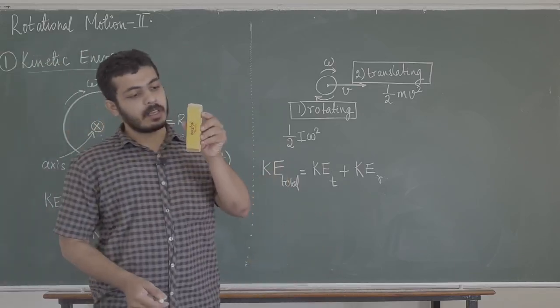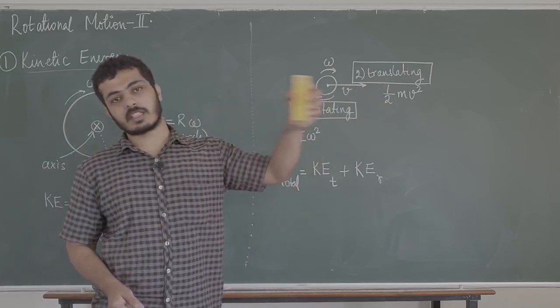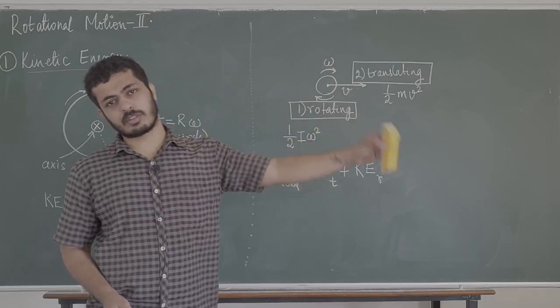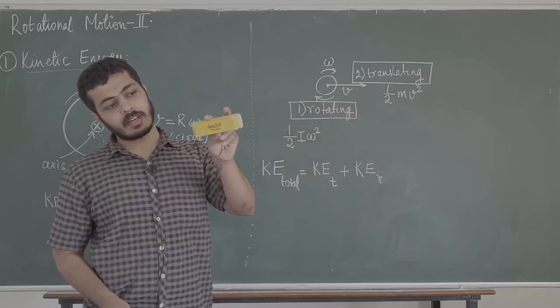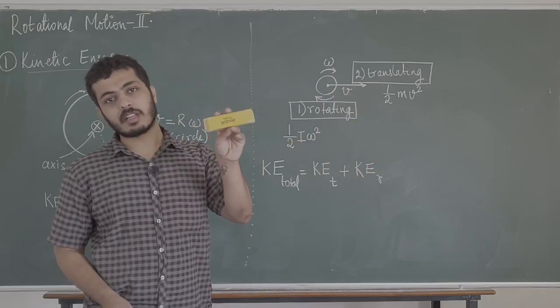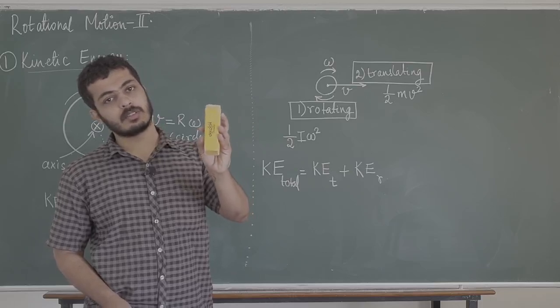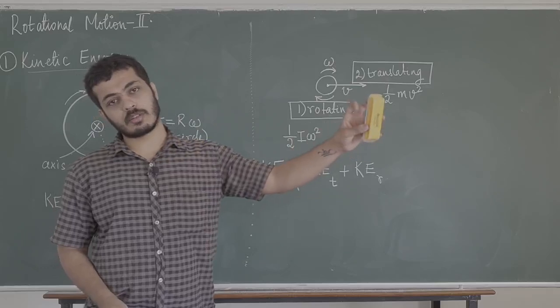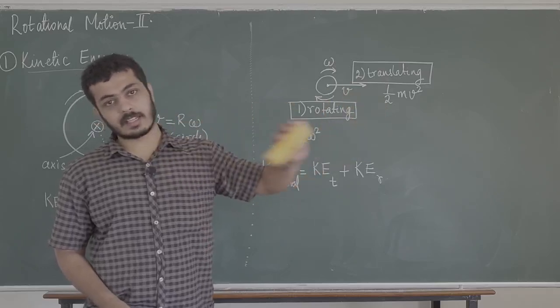If you take a duster like this and you just move it straight, this kind of motion is translation. Even if I throw the duster, this kind of motion is almost translation. But if I take this duster at one place and I start rotating it like this, that motion is rotation, because it is not going anywhere, it is still moving. That is rotational motion. Now you can do both at the same time. You can just move it and you can also keep rotating it. So this motion is rotation as well as translation.